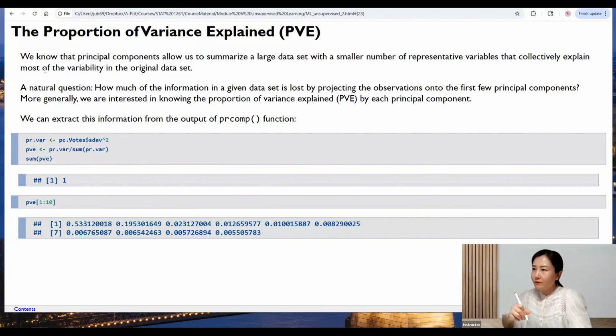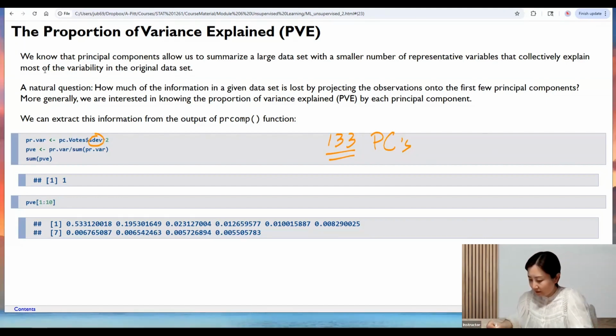Suppose for our vote data set, we can create 133 principal components. Then this vector sdev will contain 133 values. It's a vector of this length, 133. And then we square it